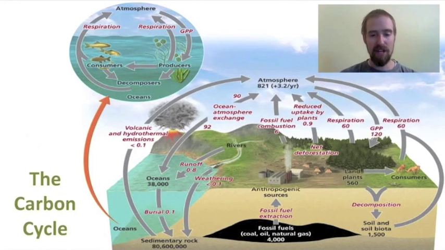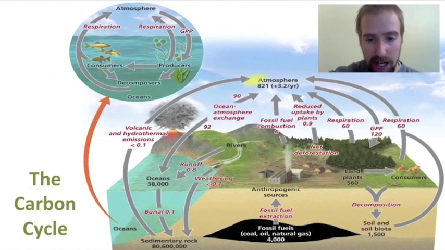Next, we have the carbon cycle. And the carbon cycle works a lot like the water cycle, but the pathways are a little different. Arrows still represent how carbon is moving around. The numbers still represent the relative amount that's being moved along each pathway, but the processes themselves are quite a bit different in this case.